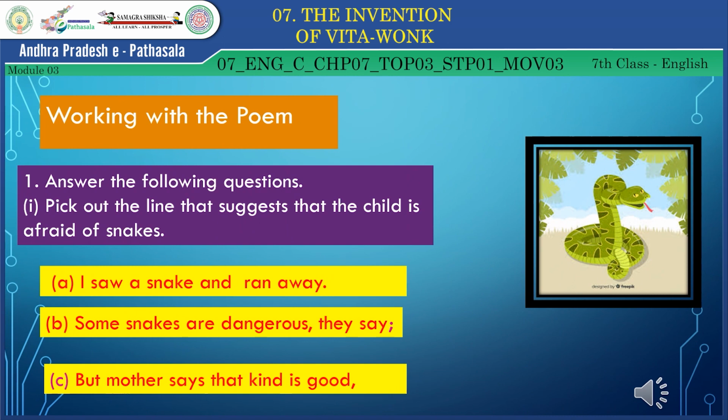Children, now you have to answer the following questions. Pick out the line that suggests that the child is afraid of snakes. Options are A. I saw a snake and ran away. B. Some snakes are dangerous, they say. C. But mother says that kind is good. Yes, your answer is correct. Option A is the correct answer. Next question is,